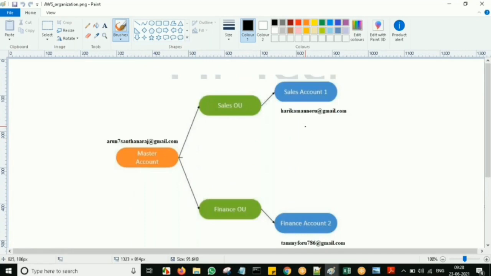So, the master account will be only one, right? It's the same organization, and later it will be folders of sales organization and finance organization? Is it the folders, or something different?